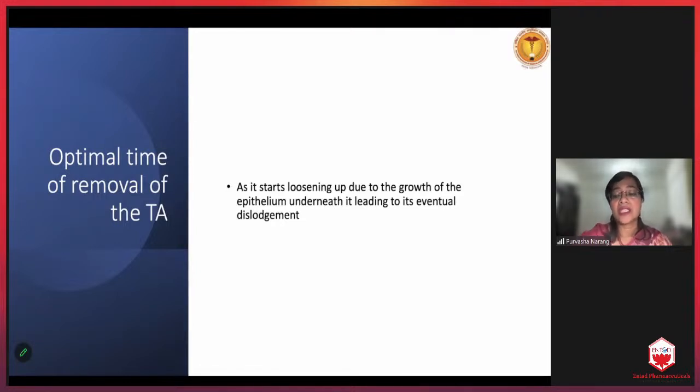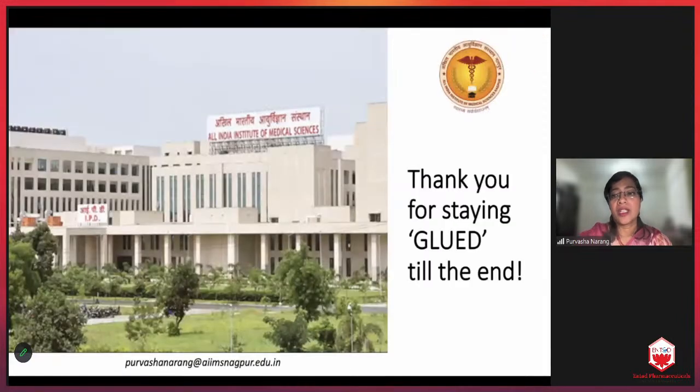But if we see that there are a lot of vessels coming up and it is still not loosening, we can check by removing the BCL. We can just check if it is starting to become loose, and if it's not loosening up, do not try and forcibly remove it, because the healing is still taking place. Depends upon the pathology with which we are dealing, which has caused the perforation. So it might take a longer period of time.